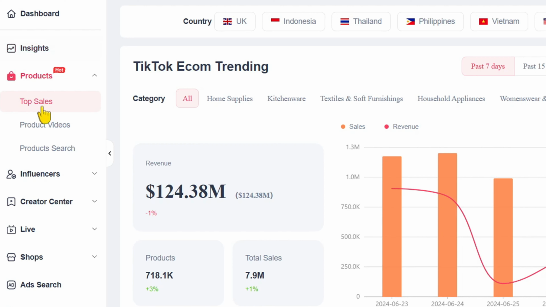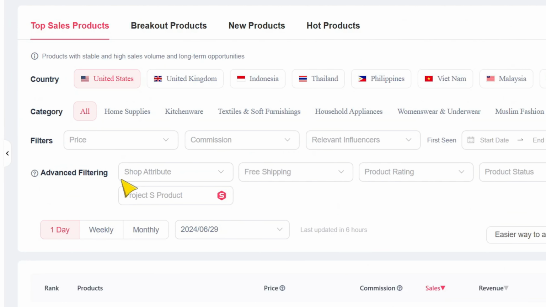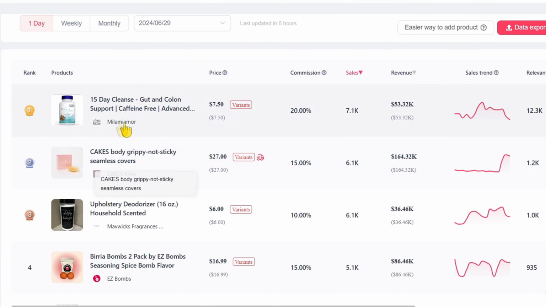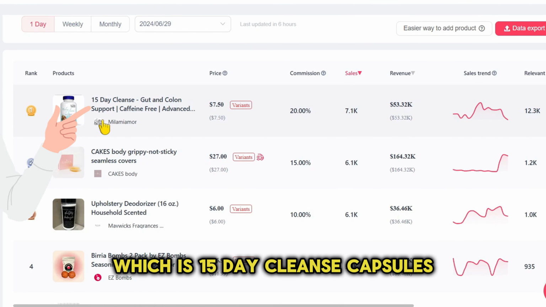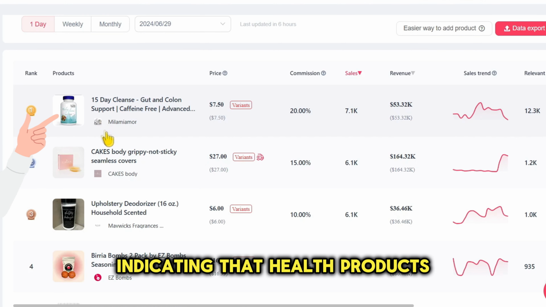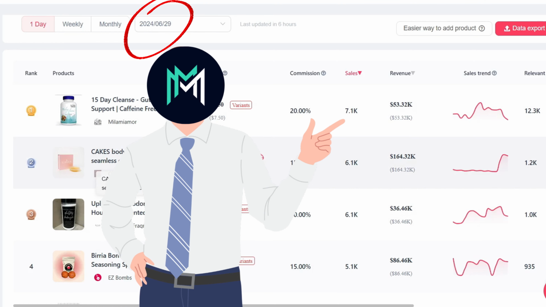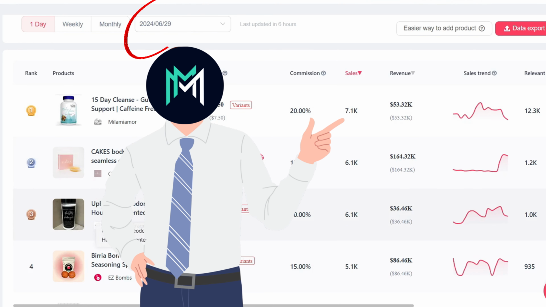and then Top Sales. You can filter by field, price, commission, and the desired period. Leaving everything as it is, we find the first product priced at $7.5, which is 15-day cleanse capsules, indicating that health products are in high demand. The commission is 20%, and the number of sales on 29 June alone is more than 7,000 sales, which is